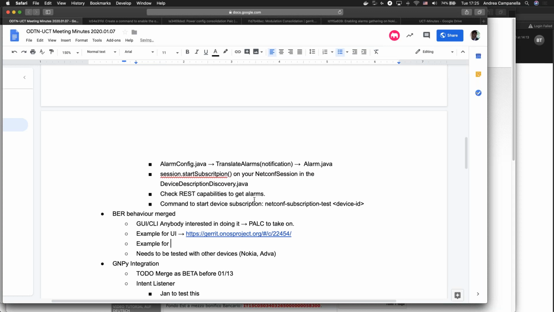Sure, we'll take a look at it. Yeah, absolutely. And if you have any questions, I'm here for you guys. And if anybody from Nokia or Adva wants to test this, I'll be happy to figure out the state of the command based on the state of the behavior, and if it works for everybody.